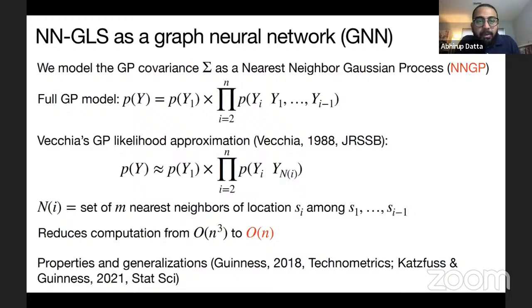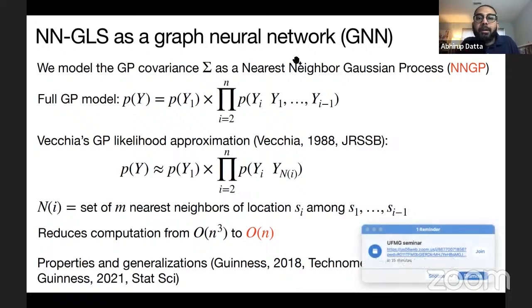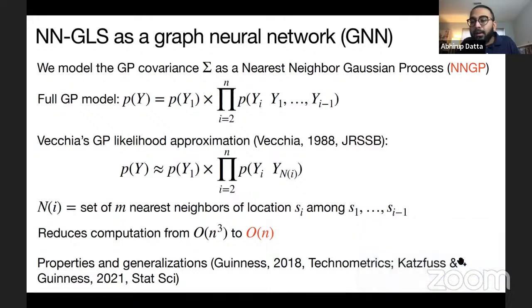So we have a nice result in this neural network paper where we show that if we use sigma as a nearest neighbor Gaussian process covariance matrix instead of a full Gaussian process covariance matrix, the resulting neural network optimization, or the resulting neural network structure, becomes the same as a graph neural network.